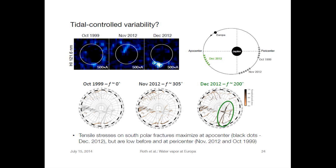So that's a view onto the South Pole. The South Pole is in the middle, and these dots here, white, brown or black dots, show the fractures that you find all over Europa's surface in a digitized way. When the dots are white, that means there's no tension exerted on these fractures. When the dots are brown, there's little tension, and black dots mean that tension is high in this phase of